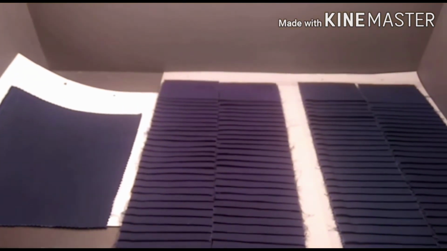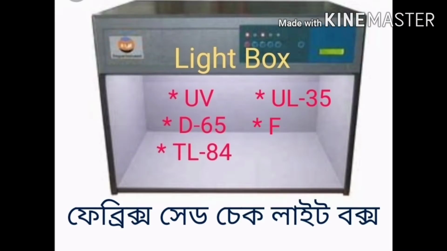Okay, clear? Yes, I also have to tell you there are some instructions about this light box because it's a very sensitive item, so it is required to be careful when using it. The tubes are to be replaced after 2000 hours. After using 2000 hours, you have to change them.